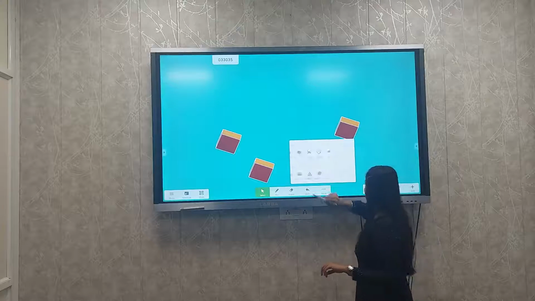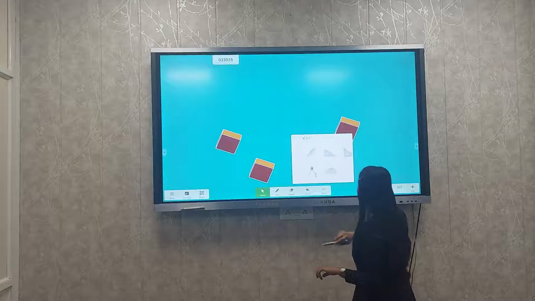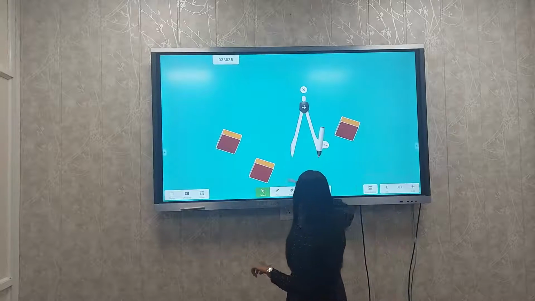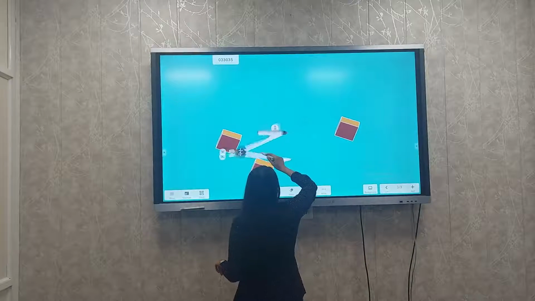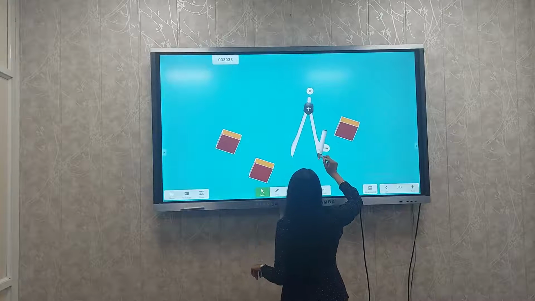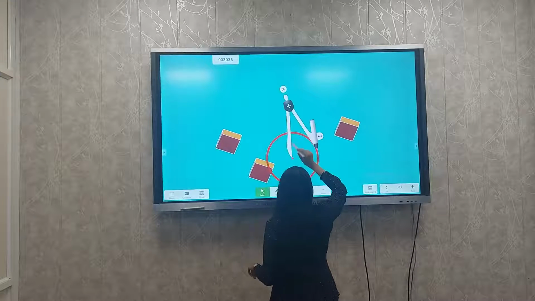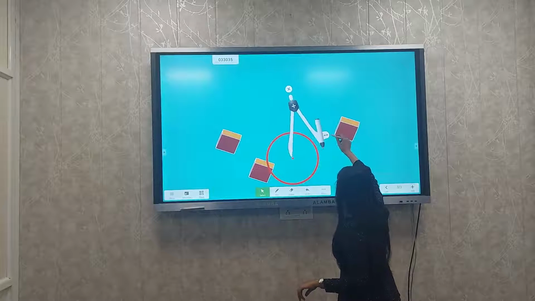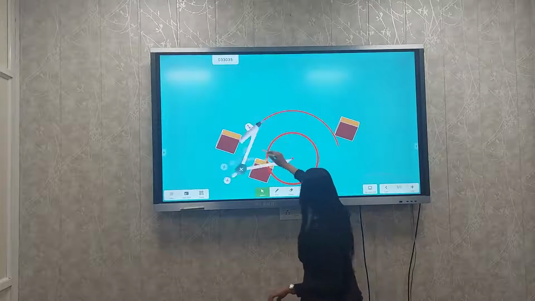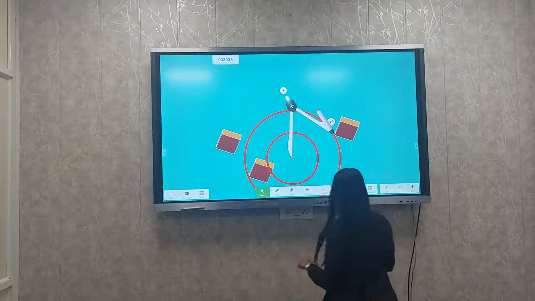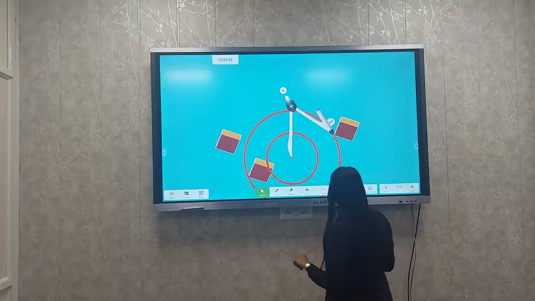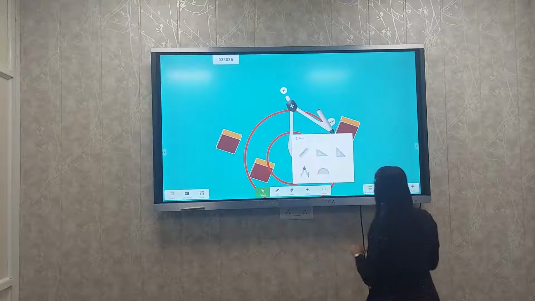So let's go back and see, we have a ruler here. I can use compass. Let me select the pen first. Fine. So this is how I do it. Then come to